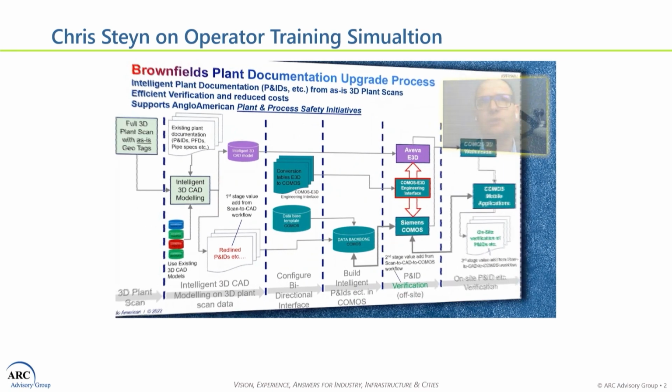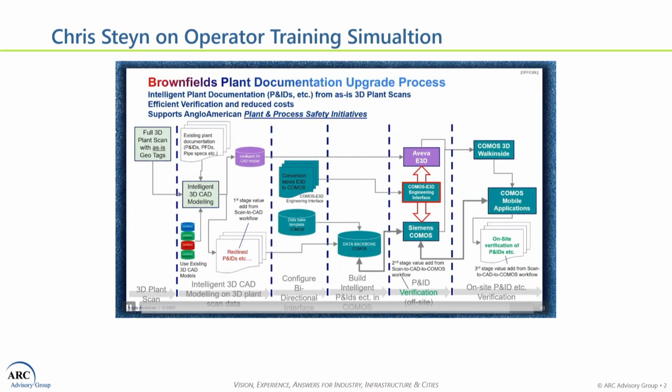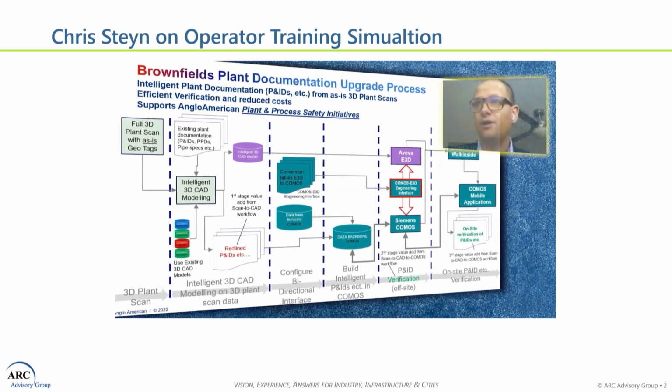That's what we're doing at the moment, doing some 3D plant scanning. From the 3D plant scanning, we suck in the old P&IDs, which in some cases are hand-drawn. It's difficult in those cases, but ultimately using the 3D plants that we are taking, we are delivering online P&IDs, red line P&IDs using these 3D environments. And ultimately, we would like a completely virtual environment where you can walk around and get an exceptional amount of all the engineering information from our document